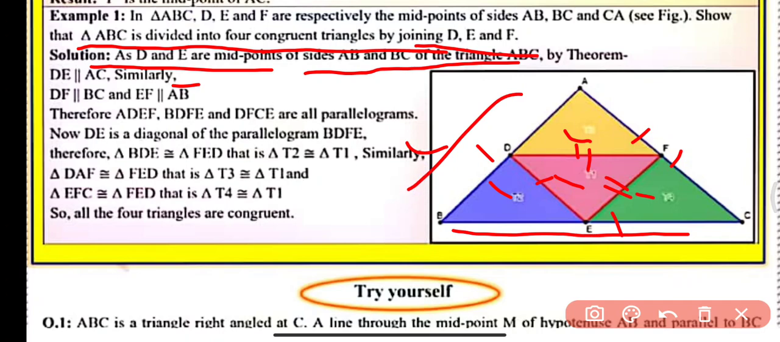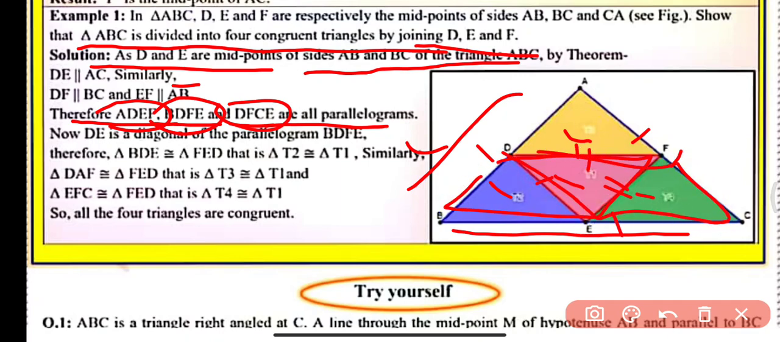AB. So therefore ADEF, BDEF, BDFE and DFCE all are parallelograms. So you can see here all are parallelograms. Similarly here, these two and this one all are parallelograms. So therefore